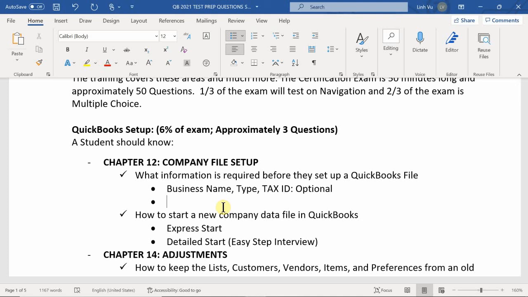file, okay? So in this case right here, the business name, the type, and tax ID number, this is considered step 0, okay? From that 12-step thing, because of course, you need to have a business in order for you to be able to create your company file. But yes, you do need that